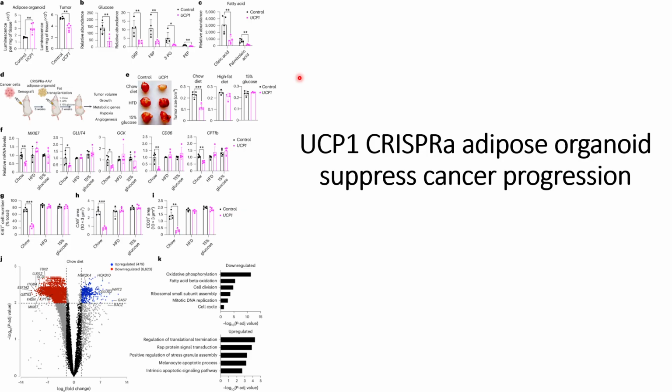VP94 does not cause too much nutrient intake by the adipose, so that acts as a negative control. Compared to these control adipose organoids, when they use VP94 or 64, you can check that from the paper, they see that when they use UCP1,